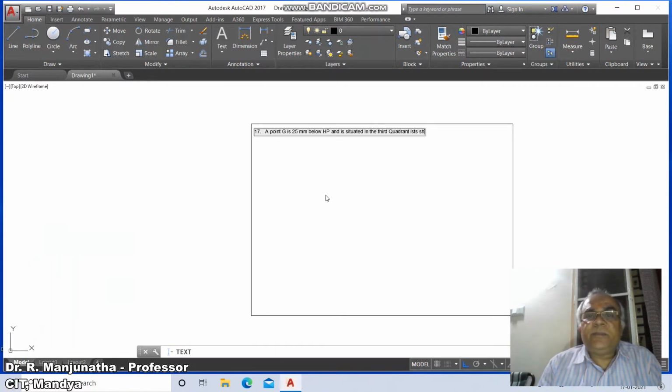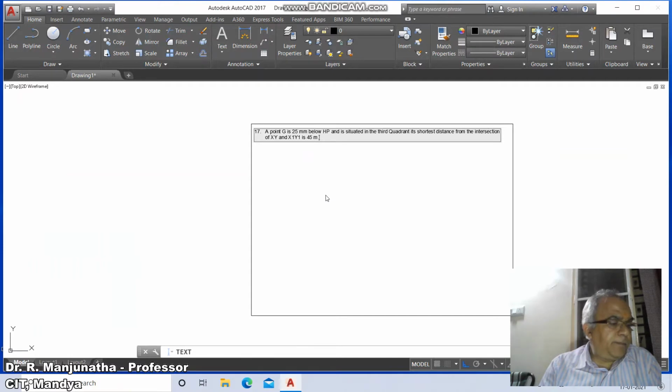Its shortest distance from the intersection of xy and x1y1 is 45 mm.